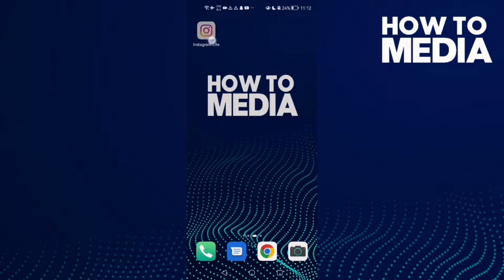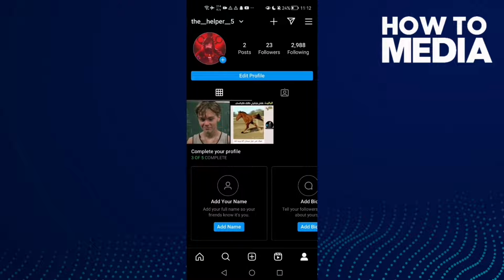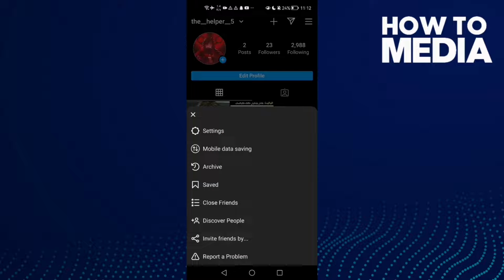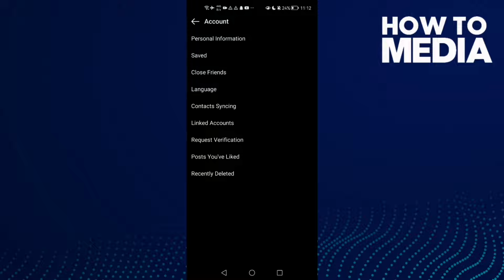First, open Instagram Lite and then click on your profile, and here you will find these three lines in the top corner, and then click settings, and here you will find this one, account, and then just click here, personal information, and as